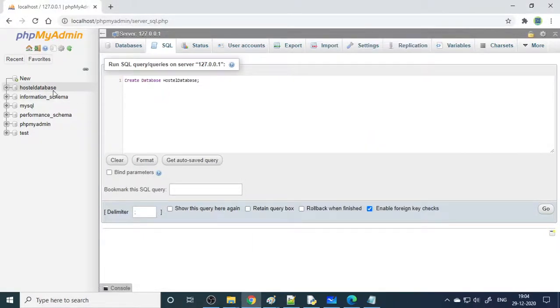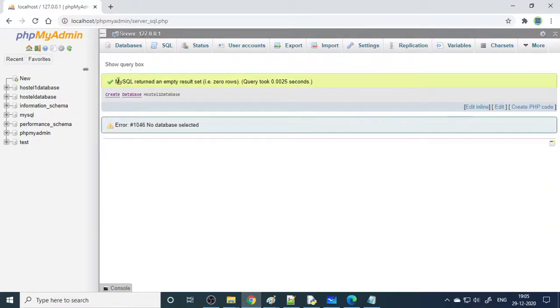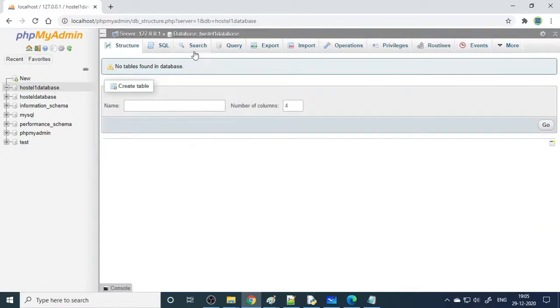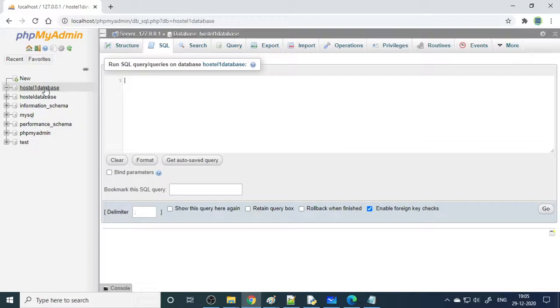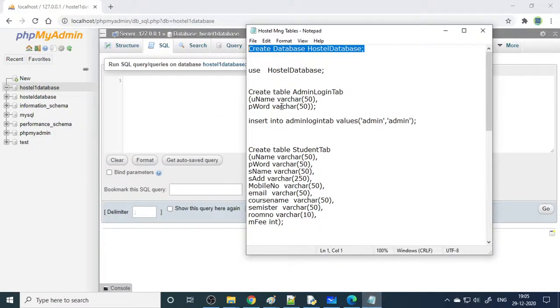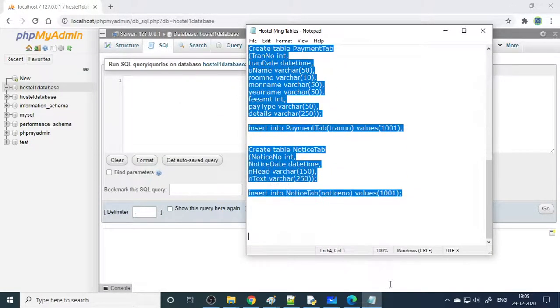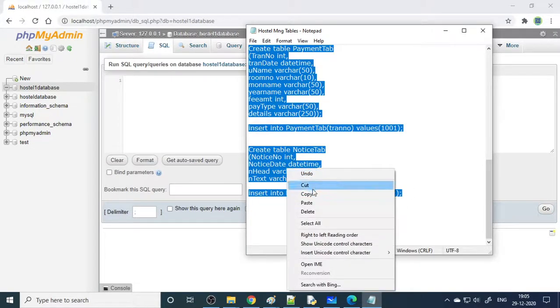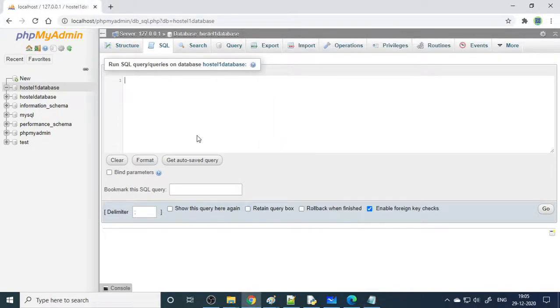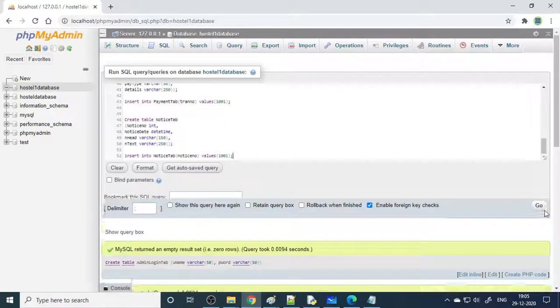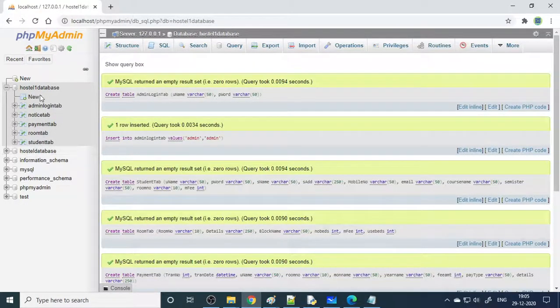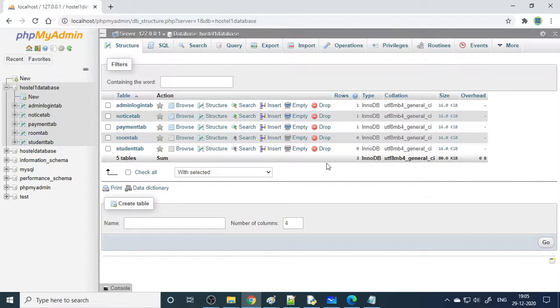So what I'll do is, I already have a hostel database, so I'll make this one as a hostel1 database. I'll create one more dummy database. Now you can see that is done. Now we need to create all the tables. Now I selected it, so I don't need to use the use command now. I'll just copy the rest of the tables, copy and then paste here. Then click the Go button. So all are created. Now you can see that all the tables are created. So this is one part, actually creating all the tables in the backend, particularly in MySQL.